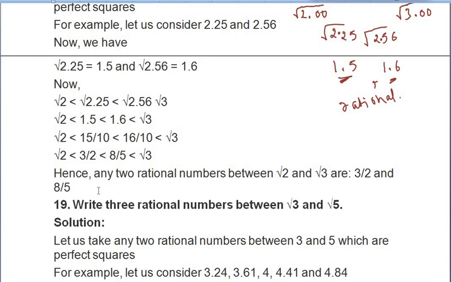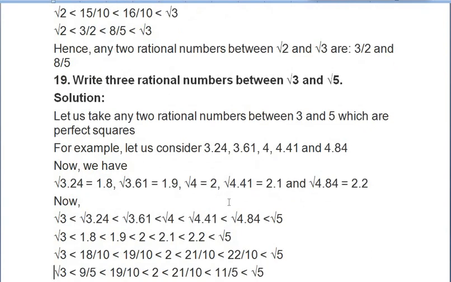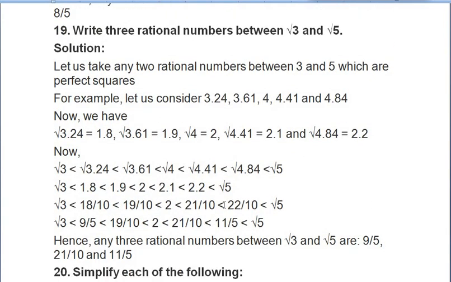You have to find such numbers between 3 and 5 which are perfect squares. First of all, try to do it by yourself, then only look at the solution so that your practice can also be done. Let us consider under root 3 as 3.00 and under root 5 as 5.00. From here to here there are some numbers which are perfect squares, like